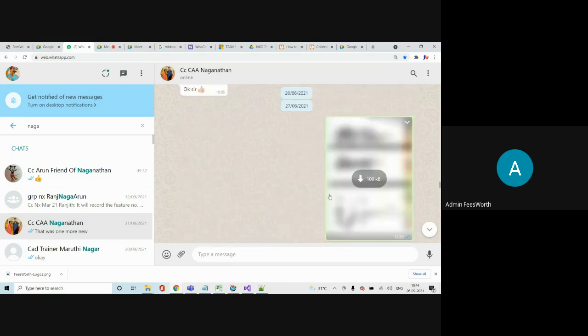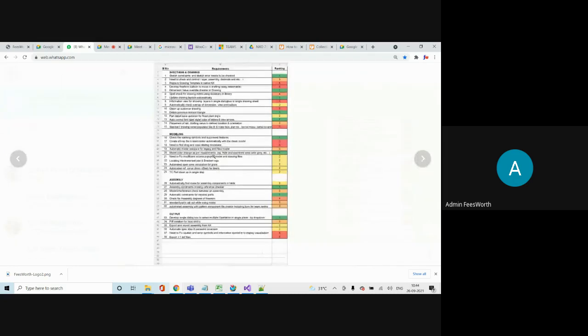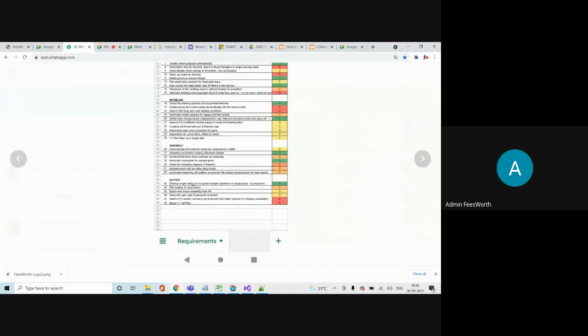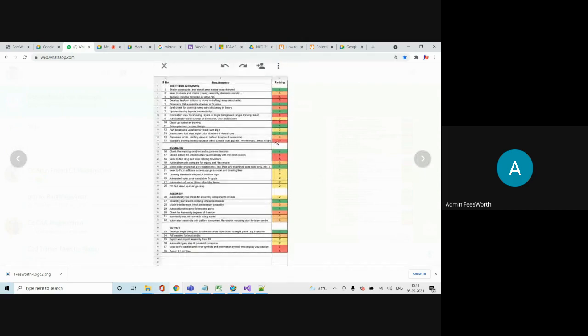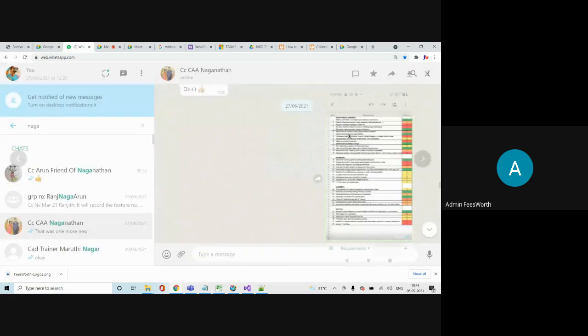We also shared some industry projects to do. See, almost 38 industry projects are required. Some of them he can choose and do. All the green ones are high priority. Yellow ones are slightly lower priority.